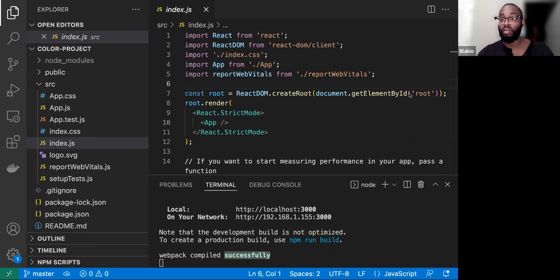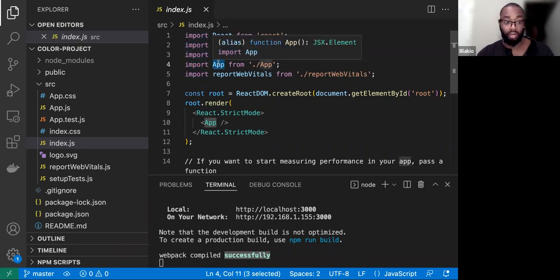Up here we have import. This import keyword helps us bring in another JavaScript file. It's import, export. Import is bringing in something. So we're importing